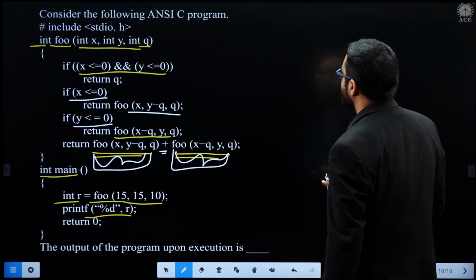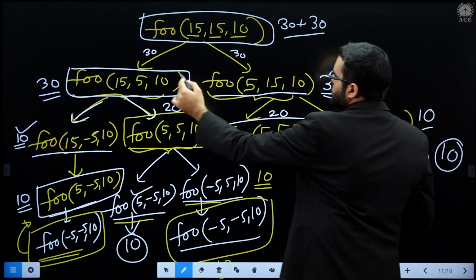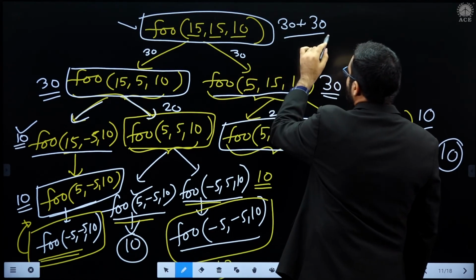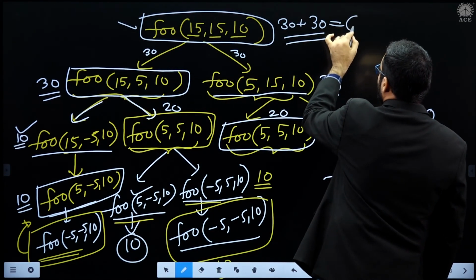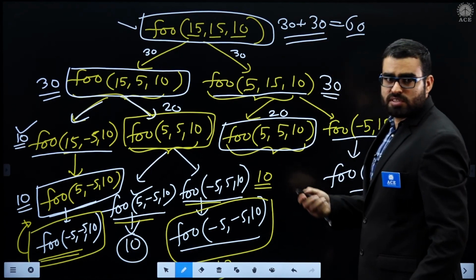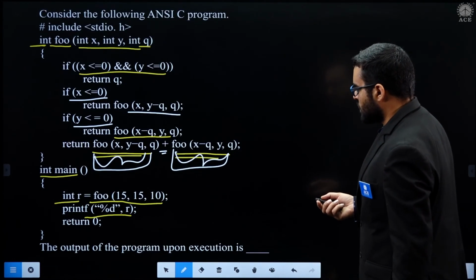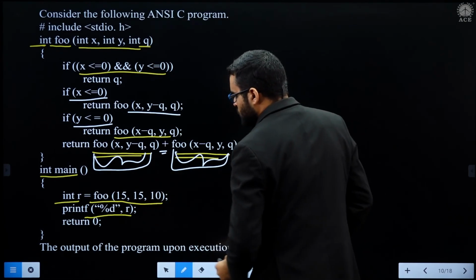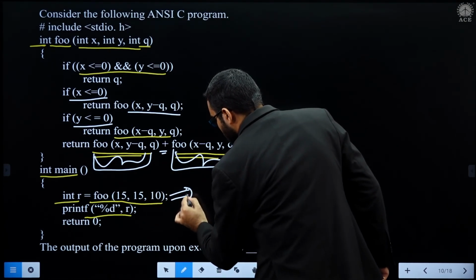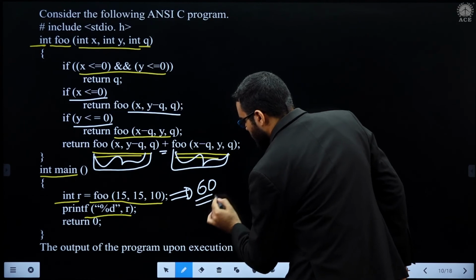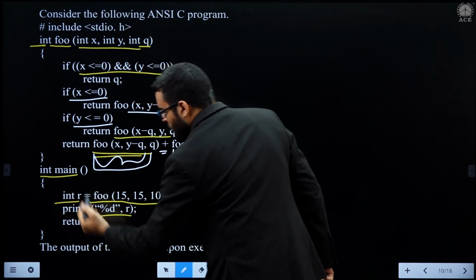So this main function call is returning the value 60. This value we will hold in variable r.